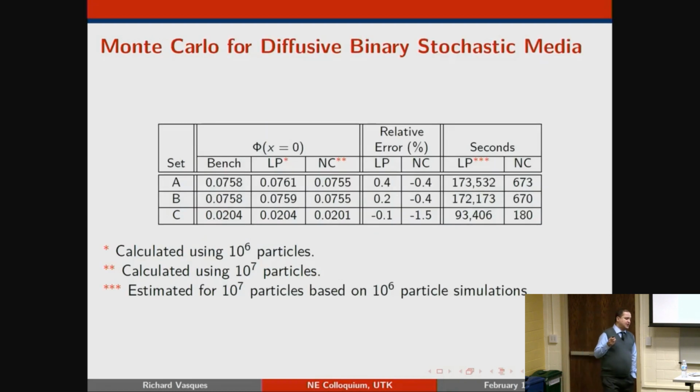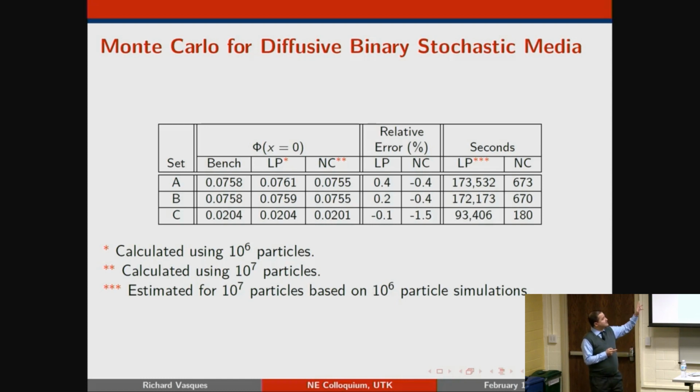What other things are we doing? I showed you that integral equation. Turns out that with that integral equation, you can obtain a PDF that is going to represent the Levermore-Pomraning equations, which is this other class of equations to deal with heterogeneous media. The problem with running Levermore-Pomraning equations for diffusive systems is that it gets really expensive.